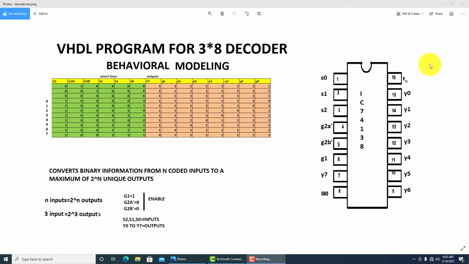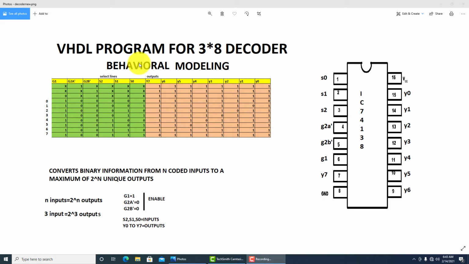The 8th pin is ground and the 16th pin is VCC. Whenever G1 is equal to 1, G2A complement is 0 and G2B complement is 0, the IC is enabled. In all other conditions, the IC is disabled.